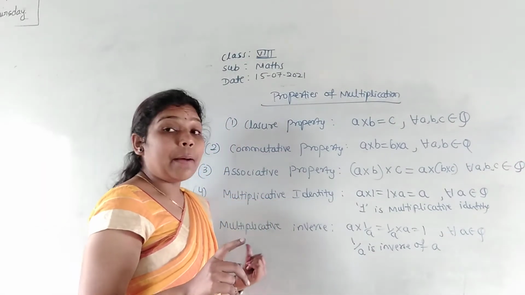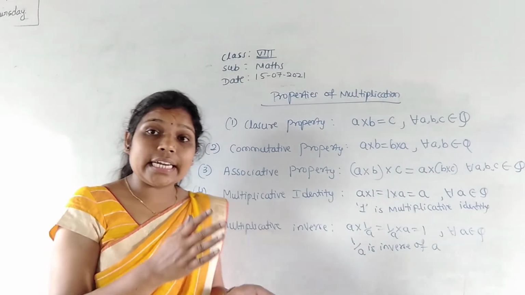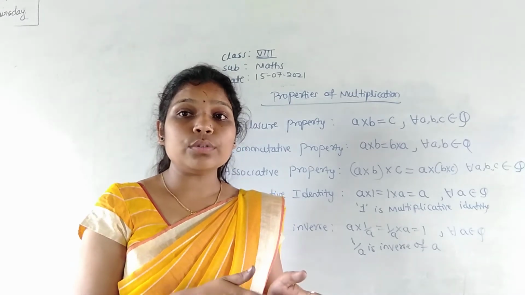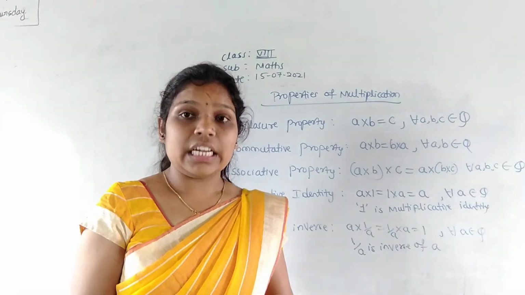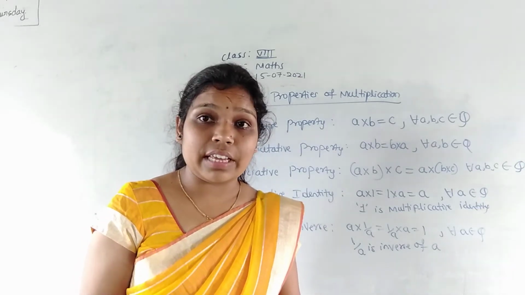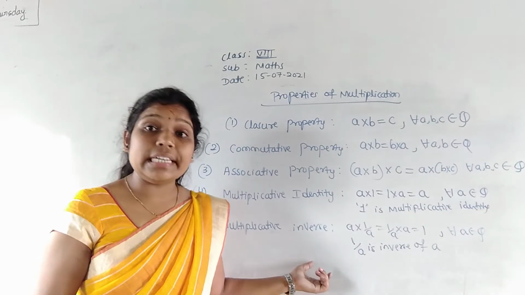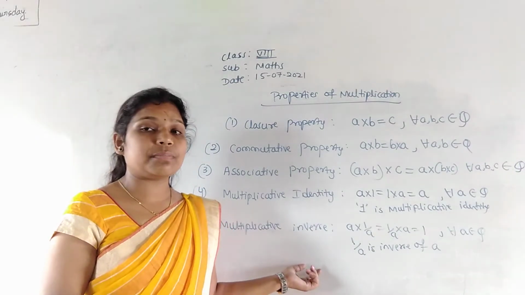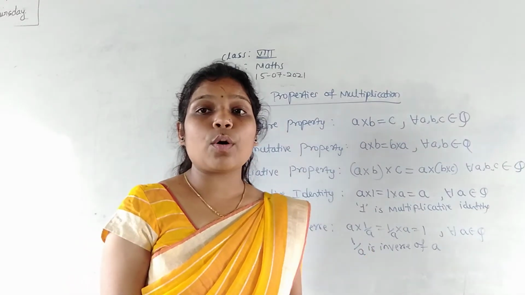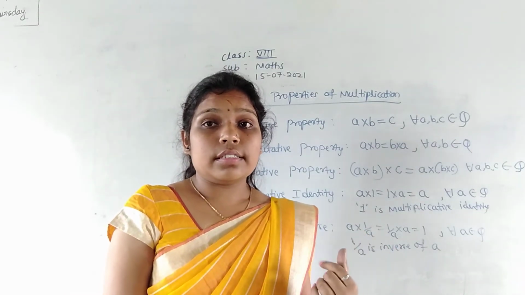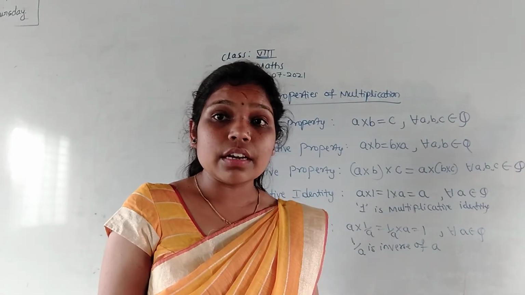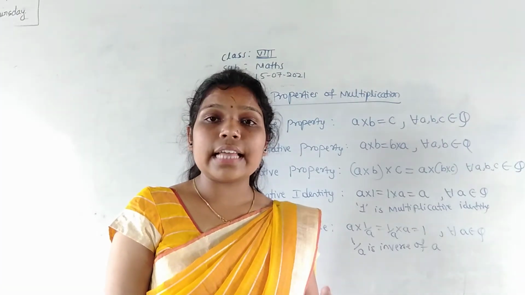And next one will be the multiplicative inverse. In additive inverse, you say the negative of that number, right? If it is positive, then minus of that value will be the inverse. If that is a minus, then plus will be the inverse. Like that you said in the additive inverse. But here we are discussing multiplicative inverse. Multiplicative inverse means you have to say the reciprocal of this number. Reciprocal of that number means what? If the number is 7, reciprocal means 1 by 7. If the number is 1 by 7, what is the reciprocal? 7. Like that you have to say here.